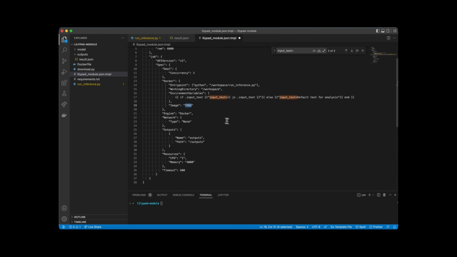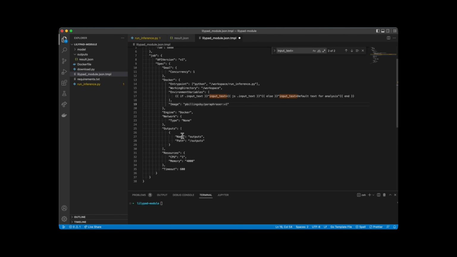Now in our image section, we just uploaded this, so all we have to do is get the username, the image name, and the tag. And that's going to point to that specific image. So if you change this to something else and an image isn't actually uploaded to an image repository, it's not going to run the job. So very important. And then down here in the outputs, we specify we want all of our stuff to go